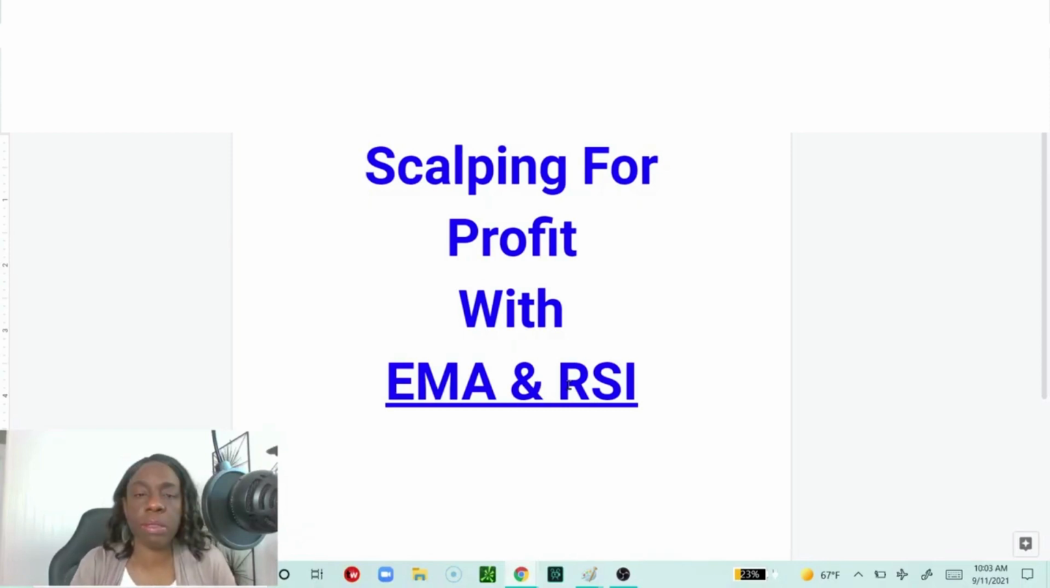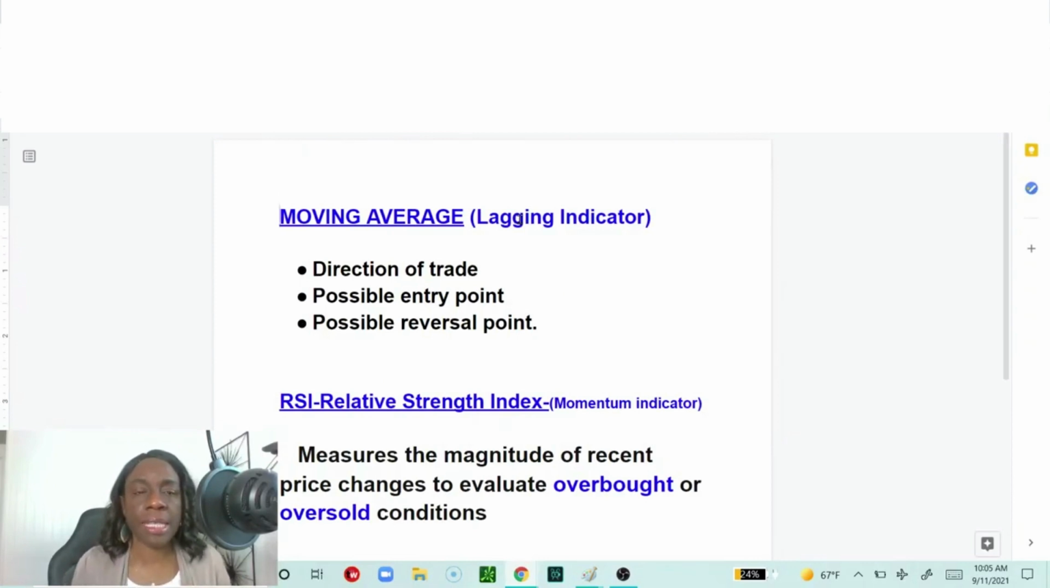Scalping for profit with EMA and RSI. A moving average is just that. It is an average of price over the past so many periods or so many days. So if you see a 10-day moving average, it is the average of price over the past 10 days. A 50-day moving average will be the average of price over the previous 50 days, and so on and so